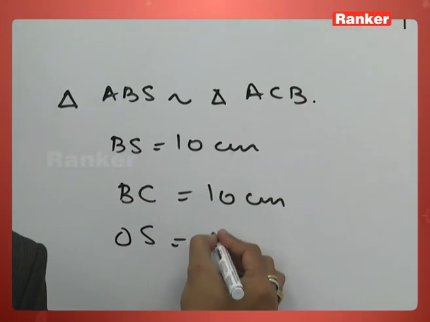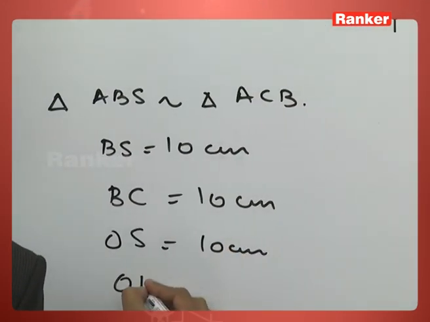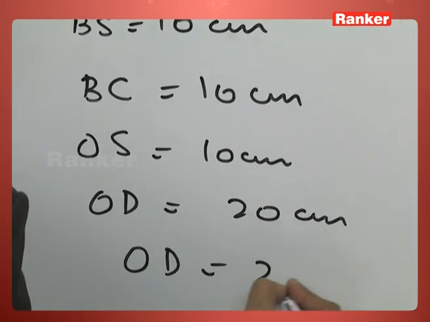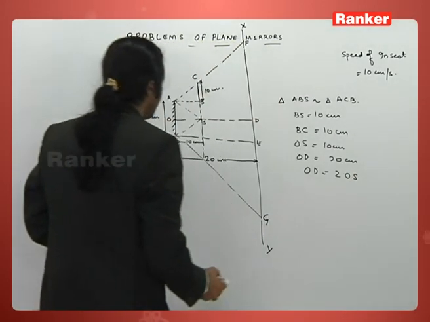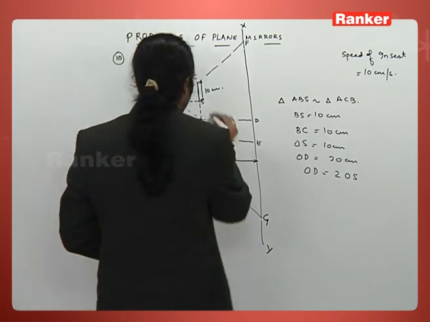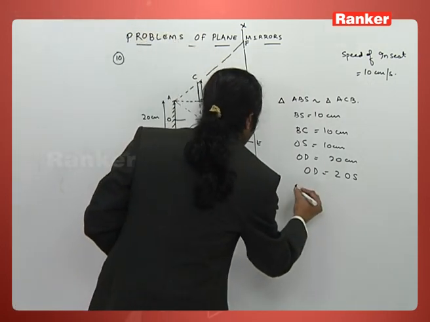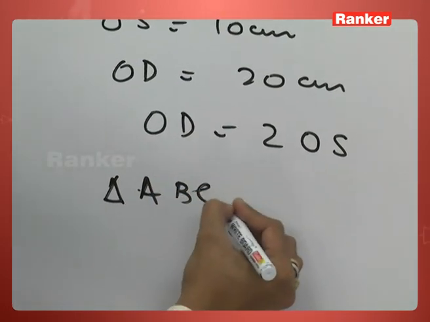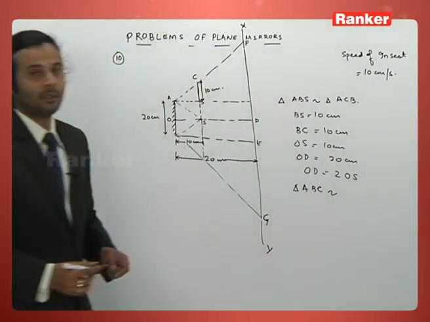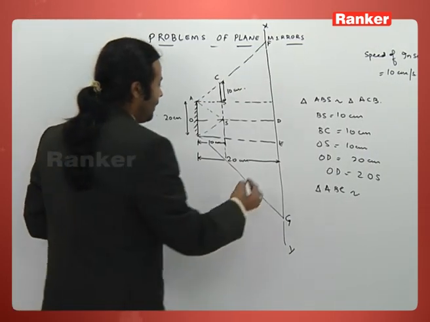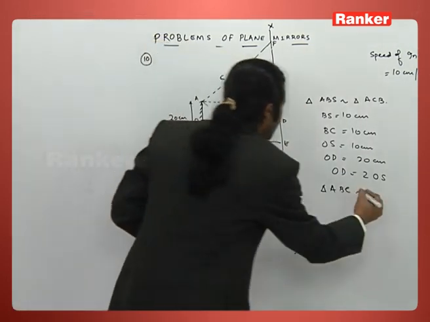OS is 10 centimeter and OD is 20 centimeter. So OD is equal to twice of OS, and triangle ABC is similar to triangle